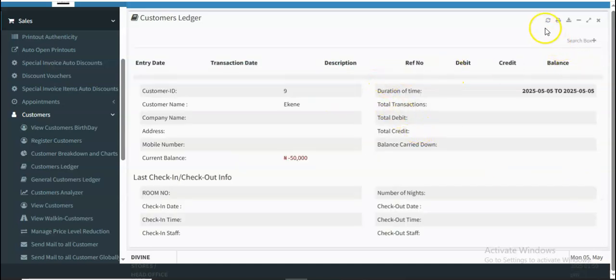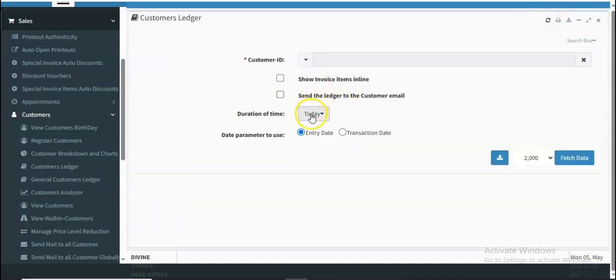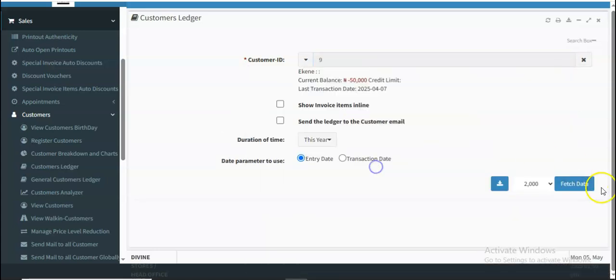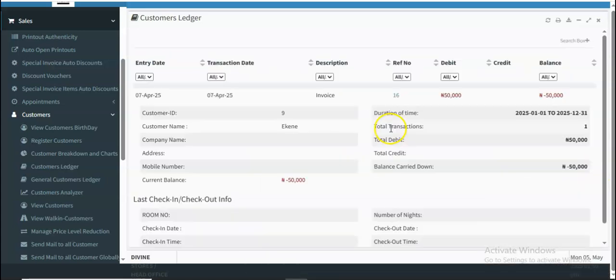Alright, sorry, I chose the wrong date. How are you showing 50k? You might want to check this here. Okay, let me use this person, right? Once you open it, it's going to show you all the